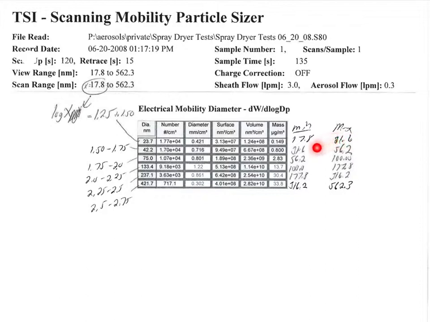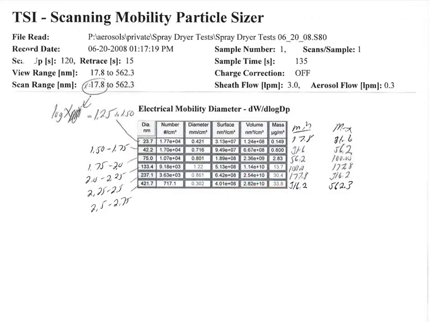The next bin is going to begin where that minimum diameter left off, in this case 31.6, which is the log of 1.5, and then it goes up to 1.75. So each bin is a quarter unit with the ranges labeled over here, and then the minimum and maximum particle diameters going here. And so what you find here is the average diameter between the logs of those bins, an actual number per cubic centimeter that was recorded for each of those bins, as well as data on diameter, surface,